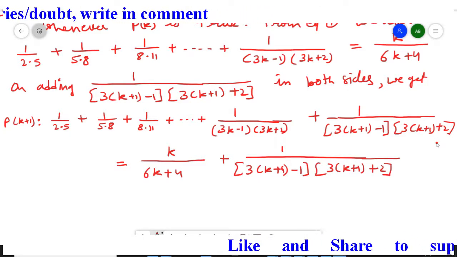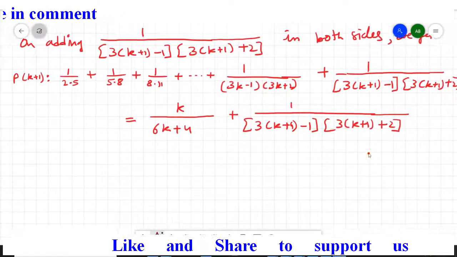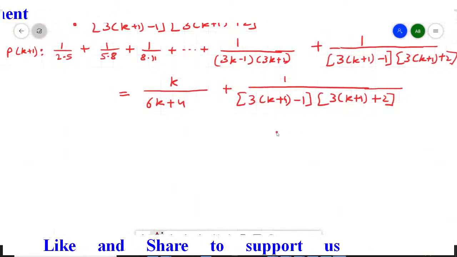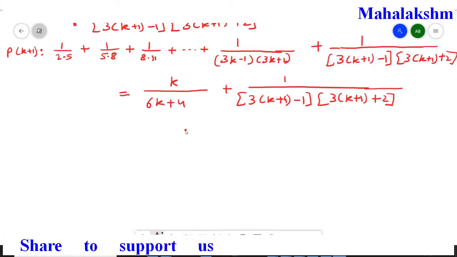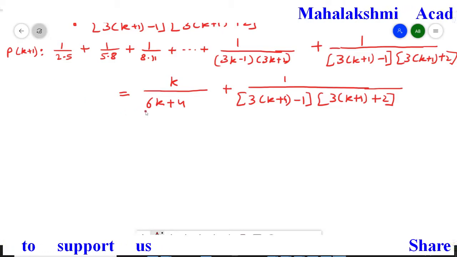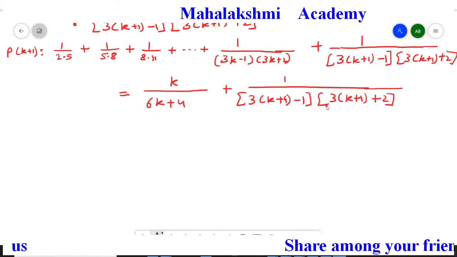Now we have to simplify the right hand side only. We don't have to do anything in the left hand side. So in the right hand side, first I am going to simplify this, and this time I am keeping it as it is, and here also we can note that we can take 2 common. So I am going to take 2 common, and here I am going to open the small brackets.